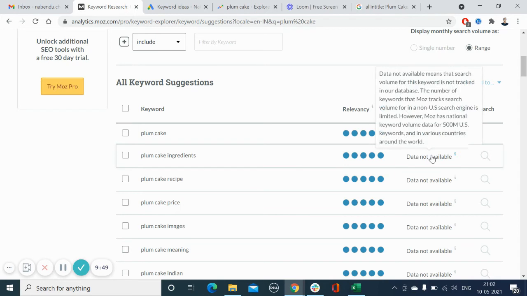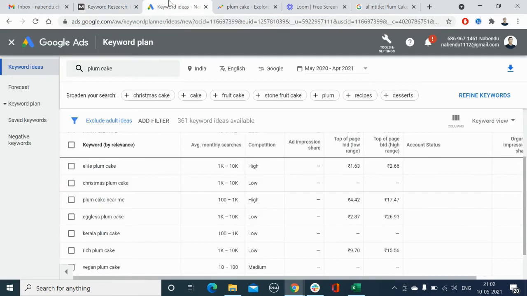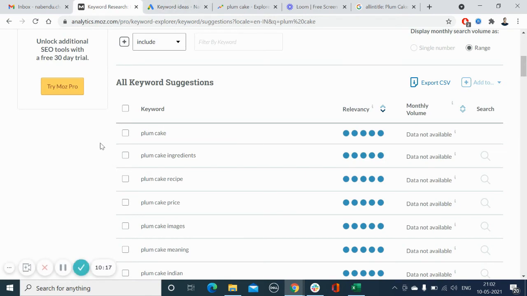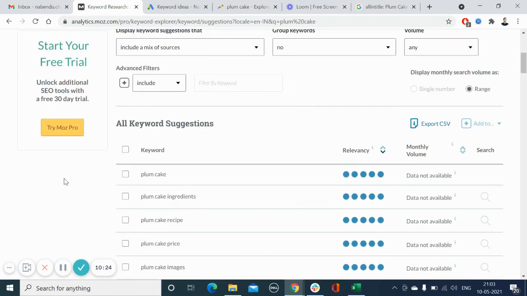So the search volume data is not available for some reason. I tried with another keyword and the search volume for that keyword was available, but for this keyword the search volume was not available. So I took the keywords and I put them on Google Keyword Planner here, and I was able to find the average monthly searches here. So I picked the keywords which are again high volume and low competition, and I've added them on the sheet, combined from Google Keyword Planner and also from Moz. So I've taken the keywords that are relevant with high number of searches.